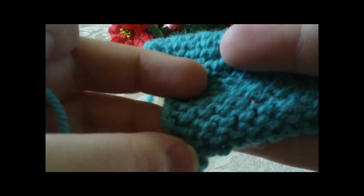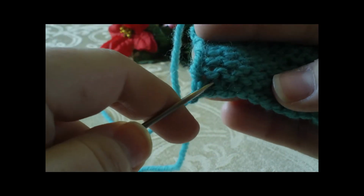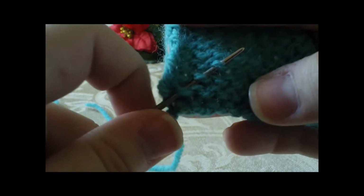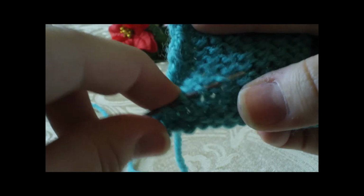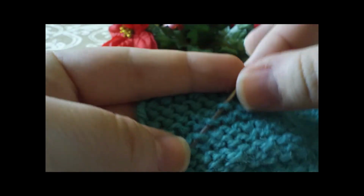So in stockinette stitch, or the reverse stockinette stitch I should say, you're going to pick up these little bumps, the little purl bumps. So starting at the edge, I'm going to just go into this bump right here, and we're going in a diagonal, so I'm just going to pick up this one next, and then just keep going up a row each time and over a stitch. So that would be my next one right there. And I usually want to go in about 5 or 6 places, so that's 1, 2, 3, 4, 5. We'll do one more, pick up one more stitch, pull it through